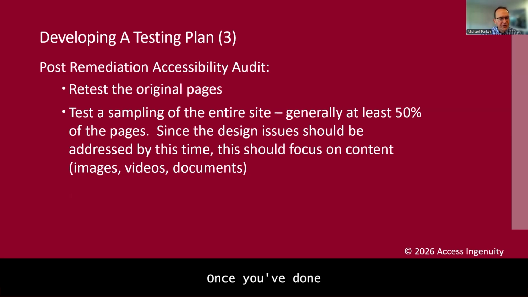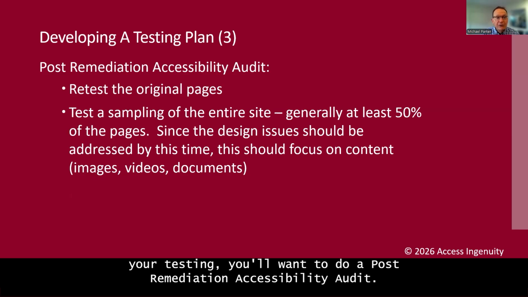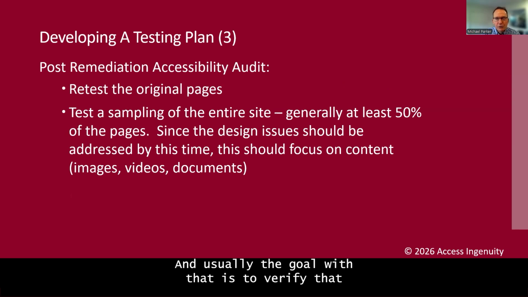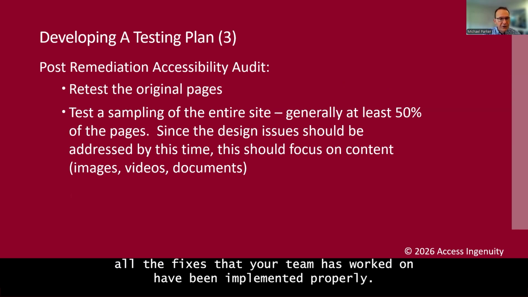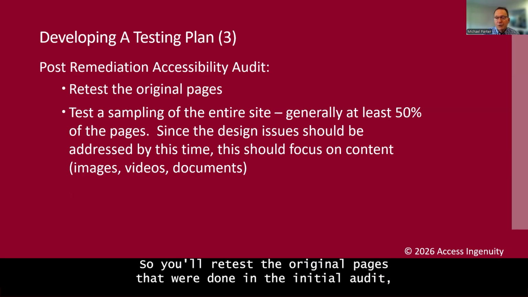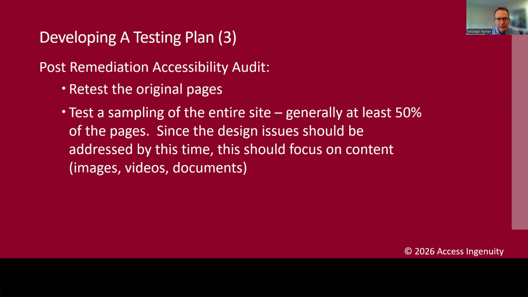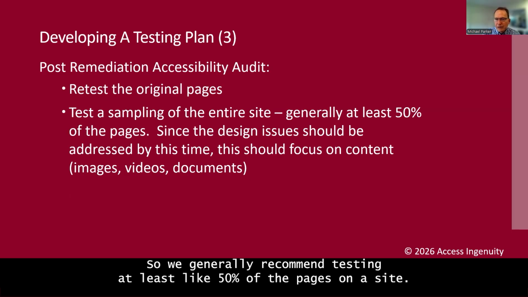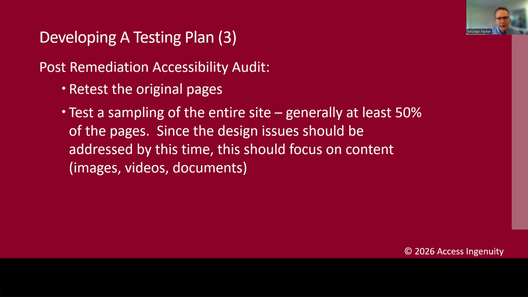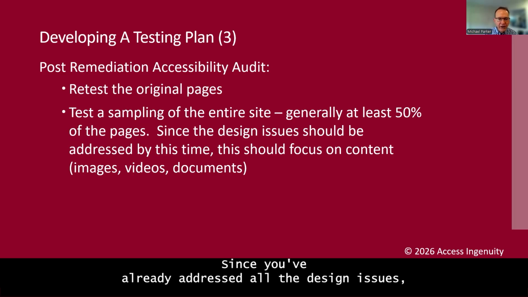Once you've done your testing, you'll want to do a post-remediation accessibility audit. And usually the goal with that is to verify that all the fixes that your team has worked on have been implemented properly. So you'll retest the original pages that were done in the initial audit, and then test a sampling of the entire site. So we generally recommend testing at least like 50% of the pages on a site. Since you've already addressed all the design issues,